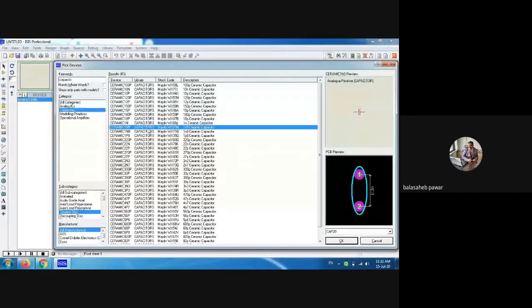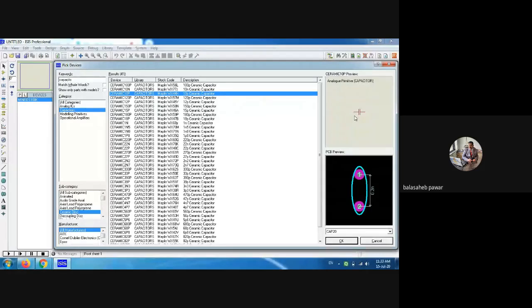One more thing I would like to highlight over here. Whenever you select any capacitor from this ceramic disc subcategory, you will observe the symbol generated towards the right side, in that right side corner. You will observe simply two vertical plates, and plus and minus are not shown. That means the ceramic capacitor is non-electrolytic. You might have learned during your first year syllabus that basically there are two types of capacitors, electrolytic and non-electrolytic. So the ceramic type of capacitor is basically non-electrolytic.